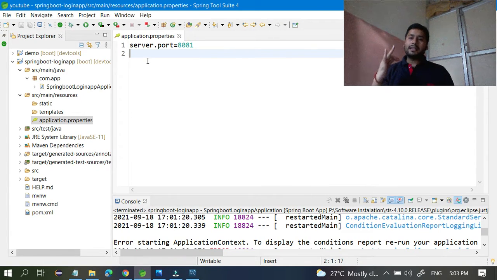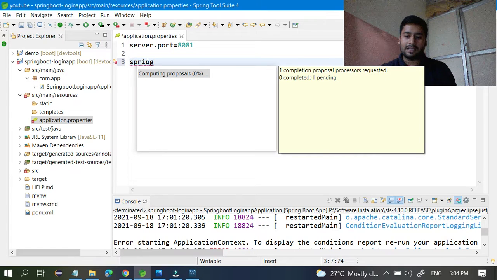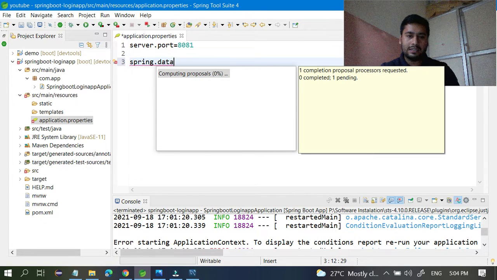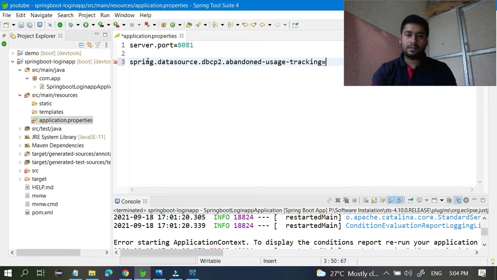It will support creating your tables automatically and give all the permissions. So for this you can use it. You can configure the MySQL database like spring.datasource.uri. Here you can write jdbc:mysql://